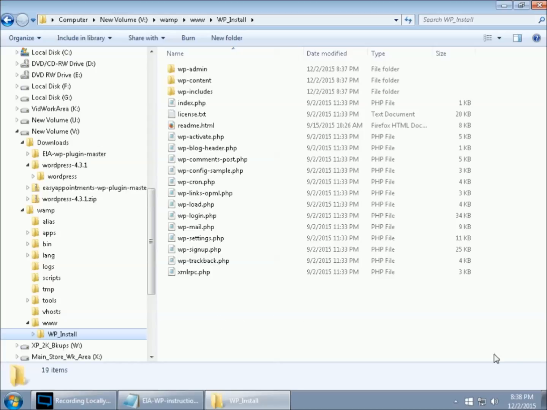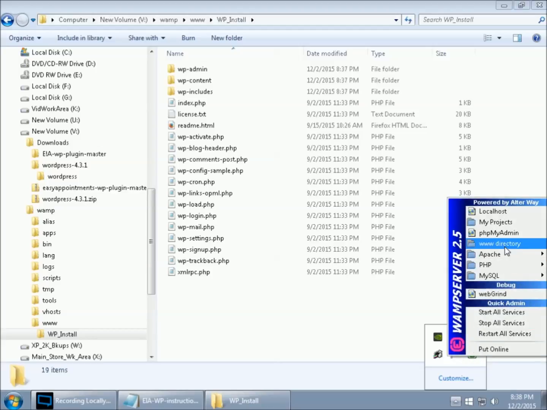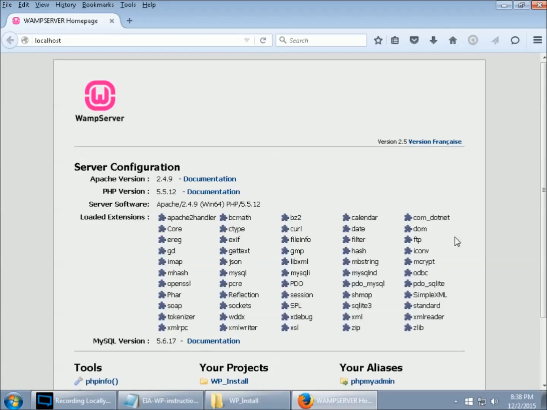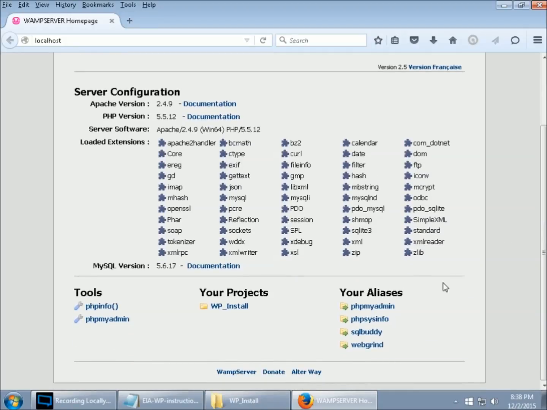If we start up our WAMP server again, and we go to localhost, or not start it up, but go back into it, you'll see projects. There's now a folder, WP install, and that should be in localhost. We can click on this,